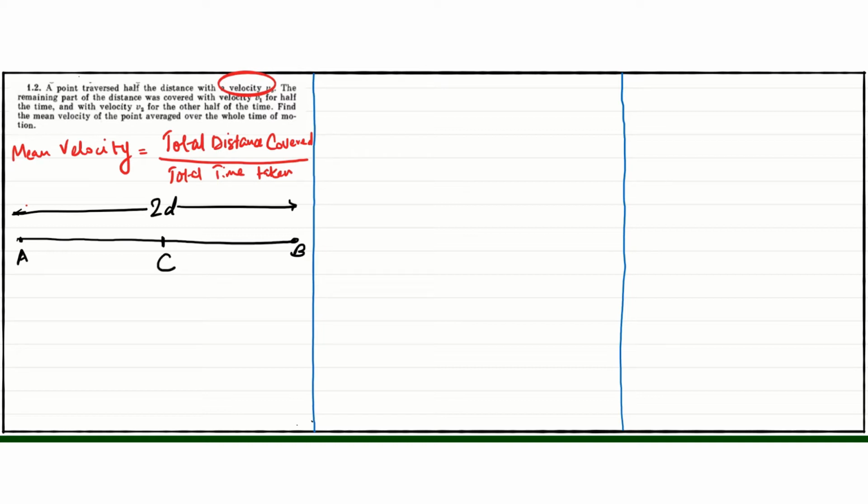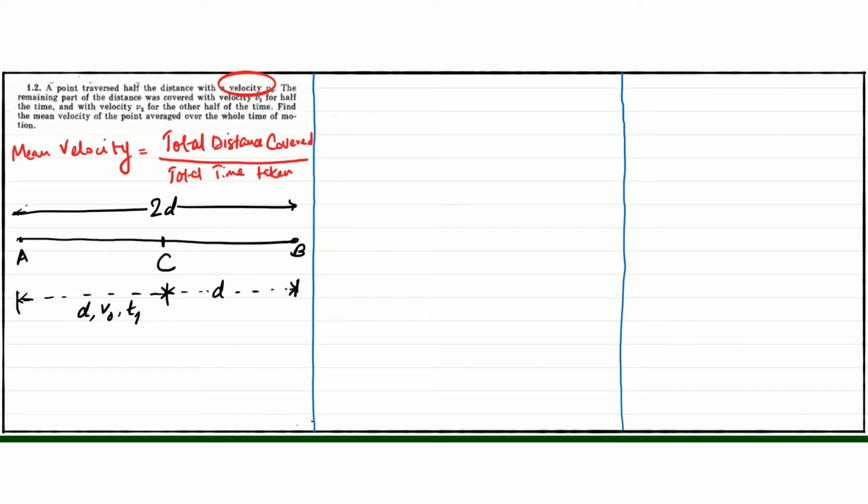So let us assume that C is at a midpoint. So the distance between A and C is d, which is half the total distance the particle moved. The velocity over this distance was v0. And let us assume that the particle covered this distance in time t1. So now we know that the distance from C to B is also d,